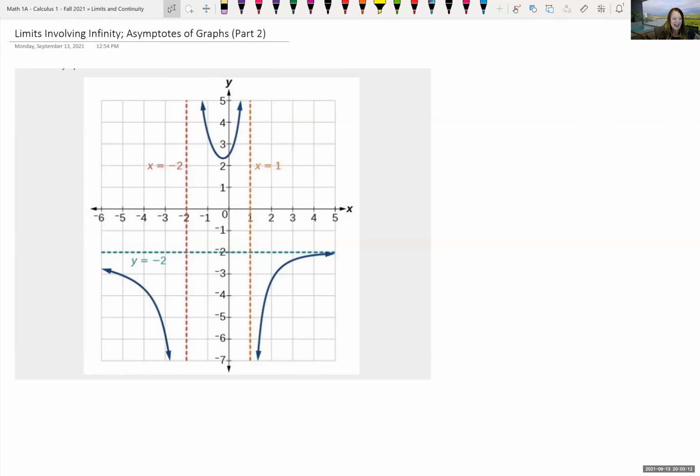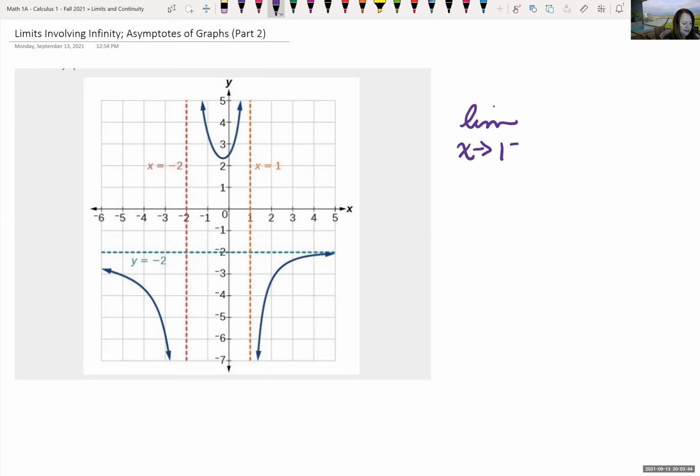So we've been looking at limits, and we started with looking at limits going to infinity and limits that give us infinity. We looked at horizontal and vertical asymptotes at the end of last class period and how we could write this mathematically using limits. And so for instance, let's say that we want to find the limit as x is approaching 1 on the